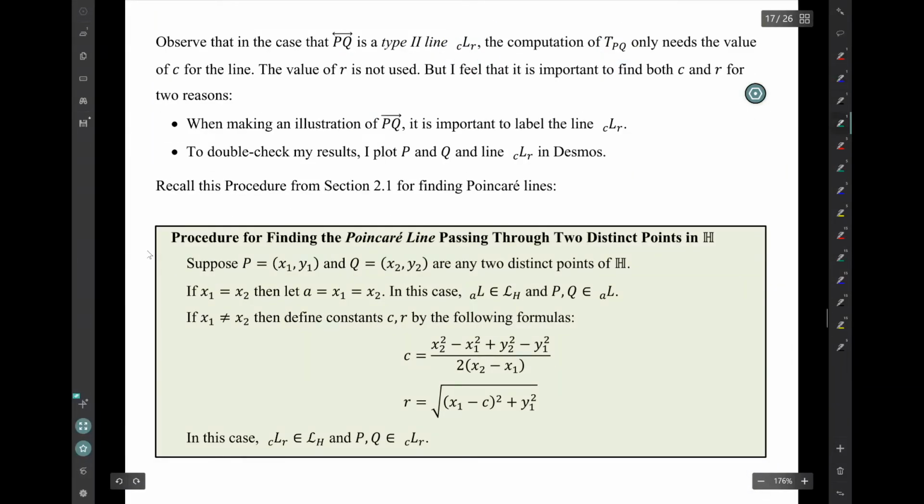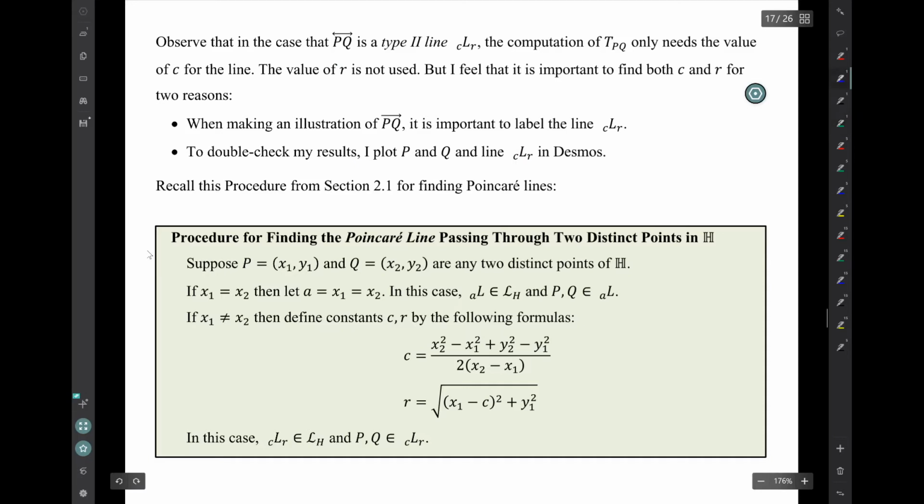So the value of r is not used, but I feel it's important to find both c and r for two reasons. For one thing, when making an illustration of ray PQ, it's important to label the line CLR. Also, to double check my results, I plot P, Q, and line CLR in Desmos. So I need to have the value not only of c, but also the value of r in order to